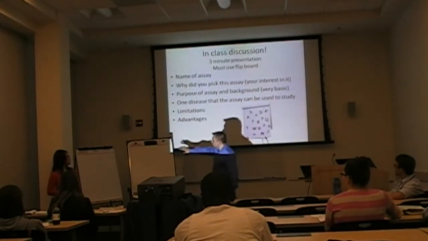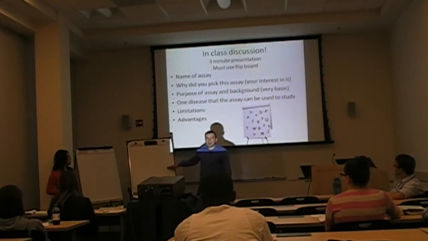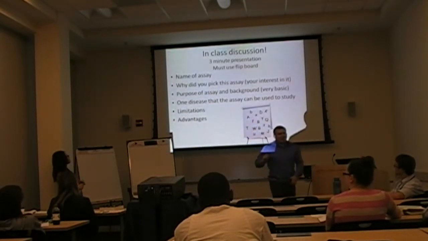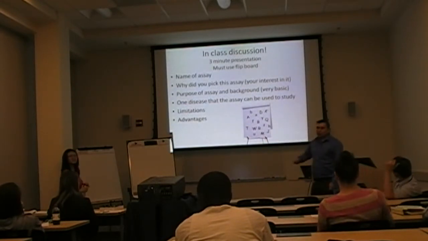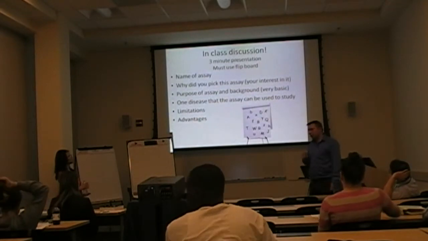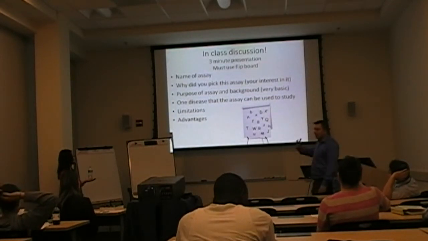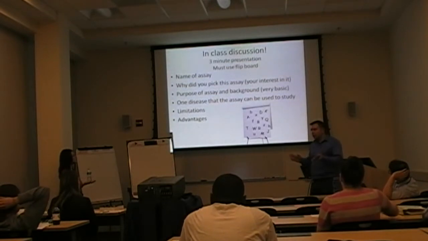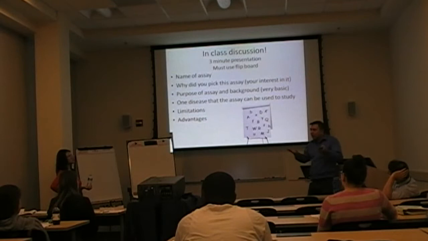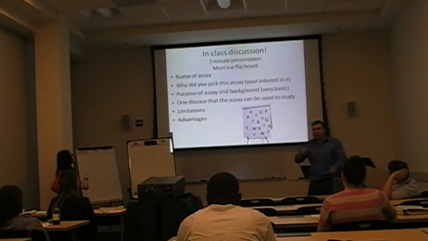What we'll do is on one of these boards we'll put up exactly what we're looking for. Pieces of information. Very basic. So these are the basic pieces of information we're looking for. If you haven't pulled these pieces of information out about an assay that you like, you don't actually have to use the materials we have on the Canvas site. You can just look it up, Google it, find an assay, and then tell us some basic things about it. Is everyone clear on the groups and clear on this presentation?